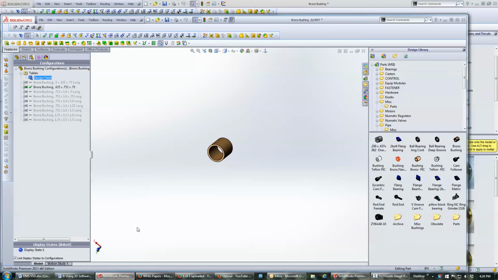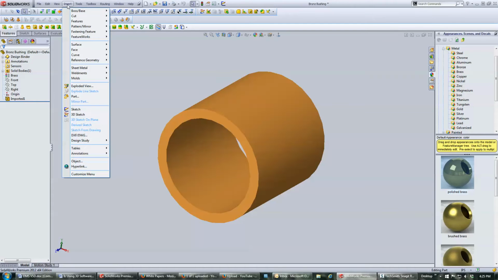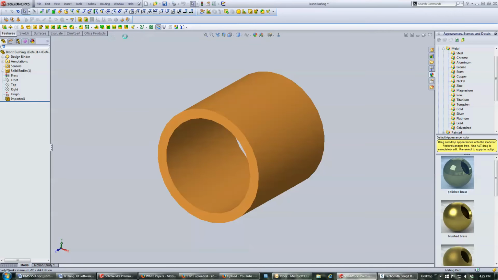If we take the standard little bronze bushing that we have, it's a simple part just for demonstration purposes. What we've done is we've saved that out as a step file, and then we brought it in here, and you can see that we imported it. And so the trick is how do we actually create that into a real SolidWorks part? If we go to Insert, FeatureWorks, and we hit Recognize Features,